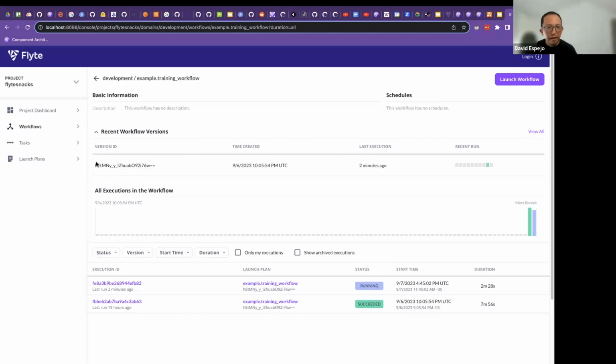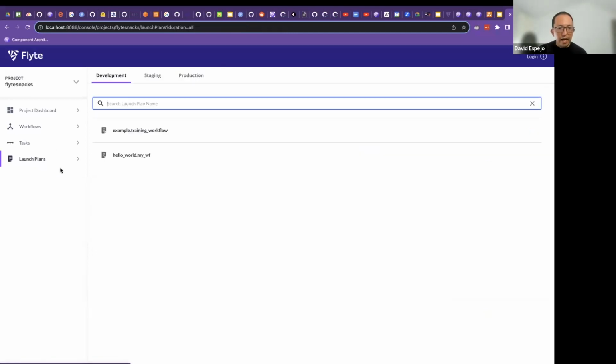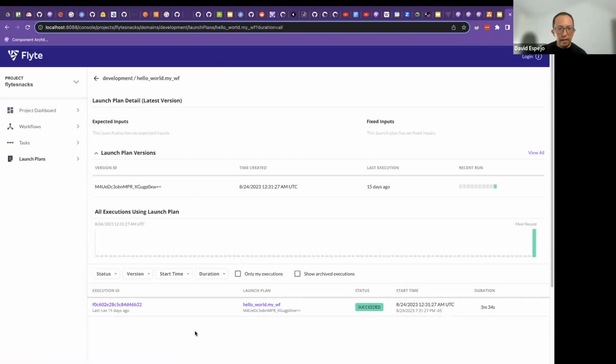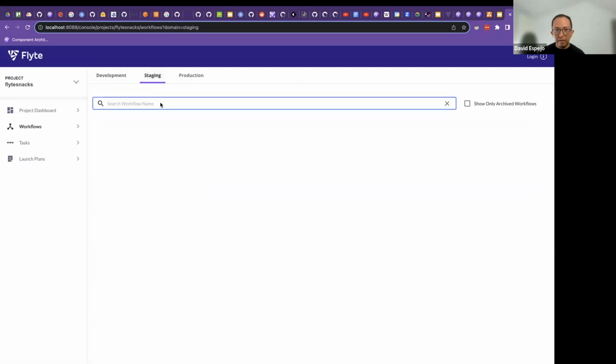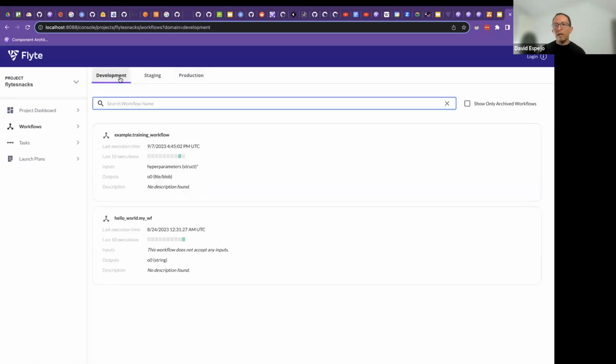Cool. And yeah, launch plans here. Here's the launch plan benchmark. I don't have a schedule for this, but this is kind of the whole plan that is created by default with the workflow. And the nice thing is that you can have multiple projects and multiple domains per project, right? This one is development, but you could have staging or production. So helping you follow a kind of a GitOps approach on handling